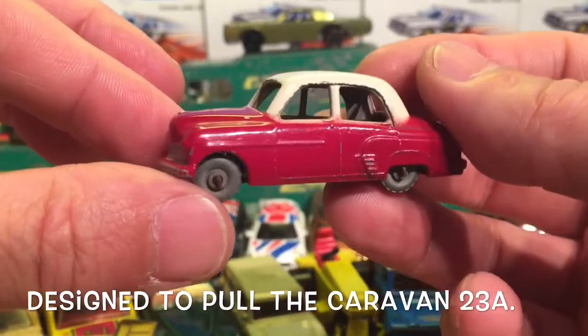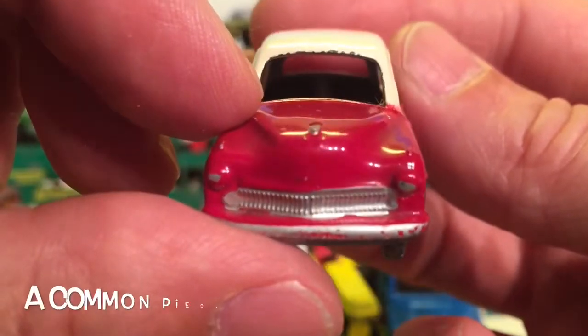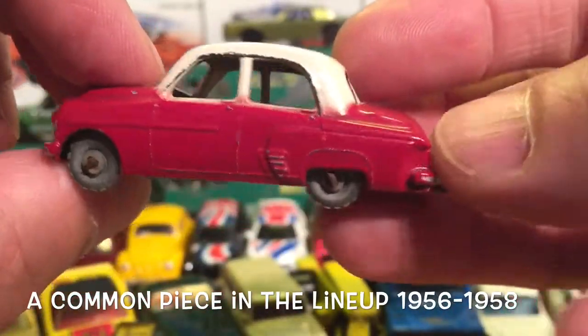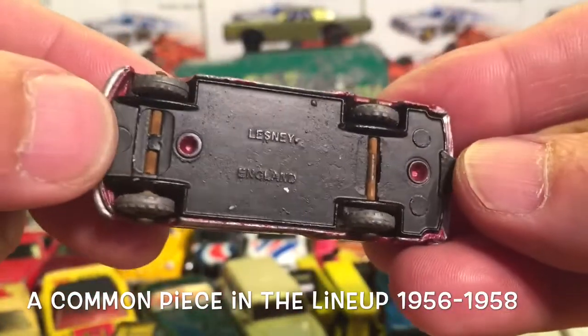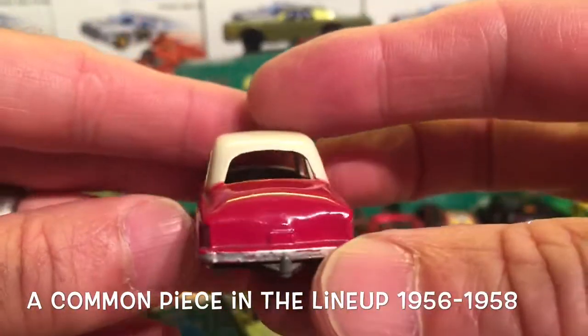I think it's not a Vauxhall Cresta. It's very hard to find out what this one is because it hasn't got any numbers on it. Look. Anyway. This is K5,